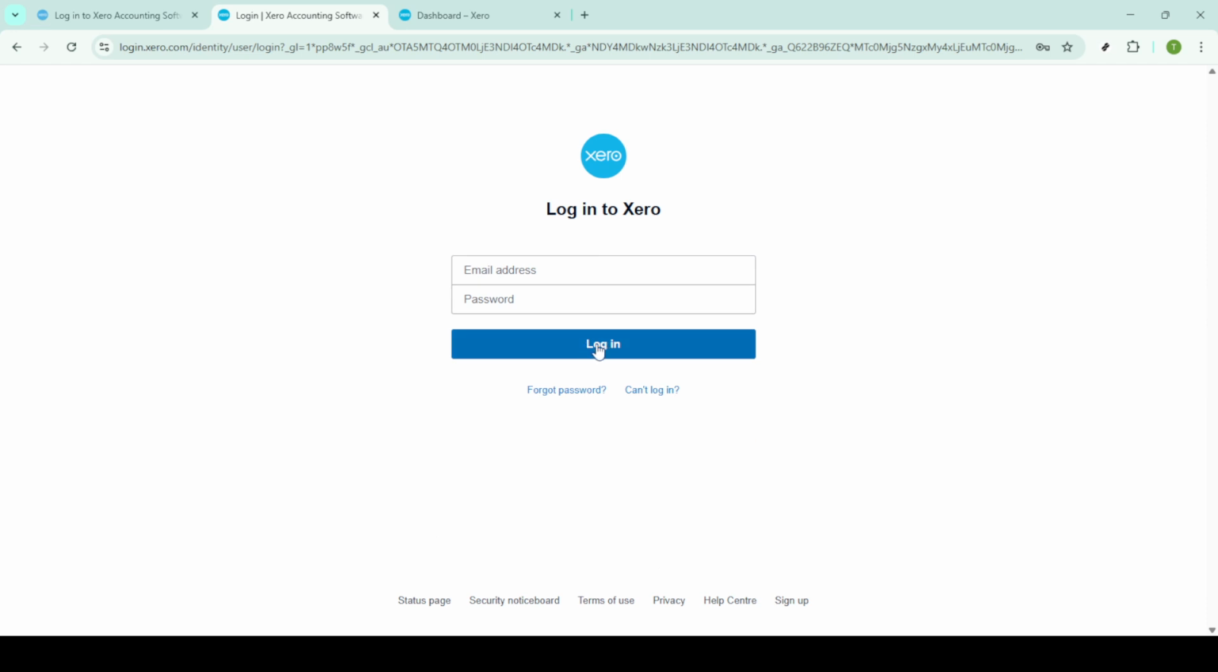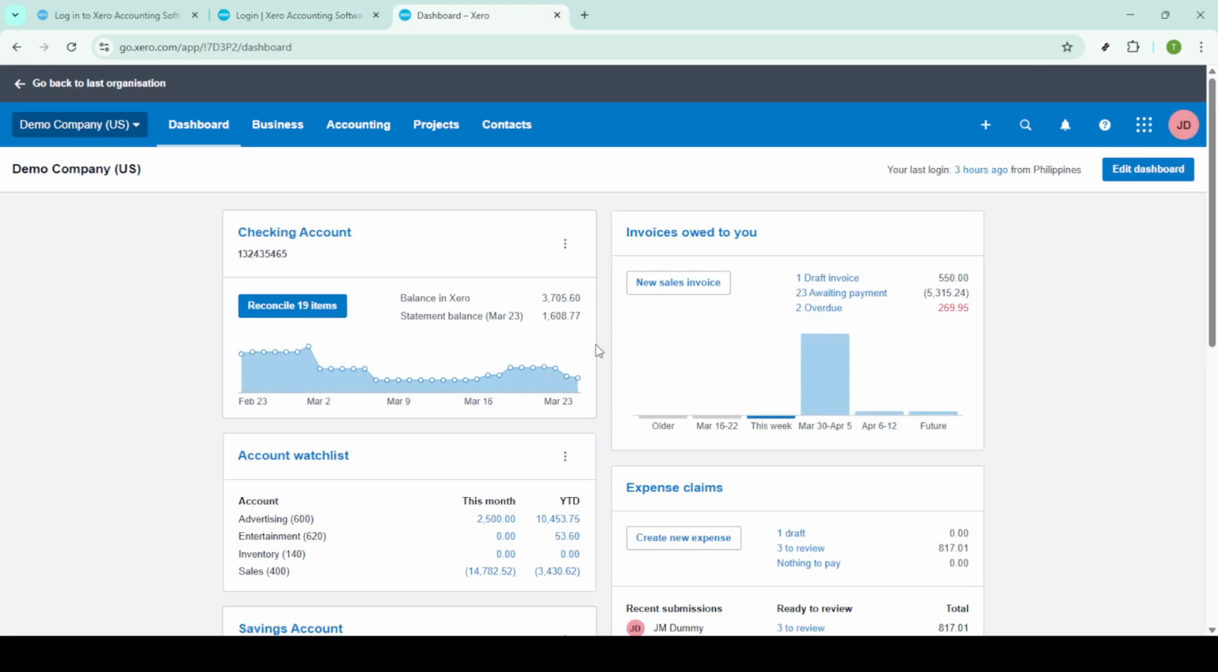First things first, you'll want to visit the Xero accounting software website where you'll begin by logging in. As always, entering your email and password is crucial to accessing your account. Once you've input your details, hit that login button and you'll find yourself on the Xero dashboard, ready to take